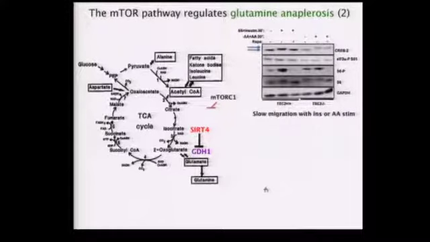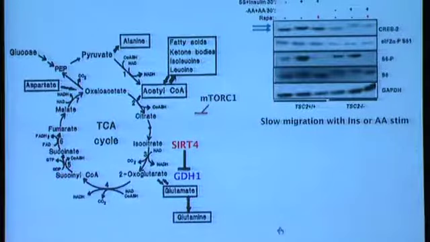There are about 20 or so potential transcription factors that could regulate SIRT4 expression. We went through those. Alfredo, I forgot to mention this is all Alfredo's work, found that one of those looked like a good candidate. So he looked at its phosphorylation status in cells that have low TORC1 or high TORC1, and he saw a mobility shift. This is sensitive to phosphatases, and then it was also inhibited by rapamycin. This is with insulin and serum stimulation, and this is with amino acid stimulation.